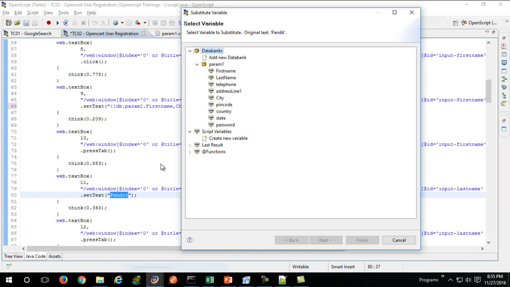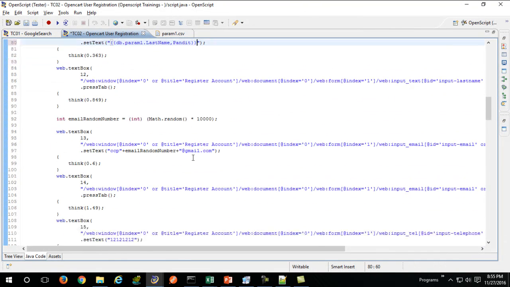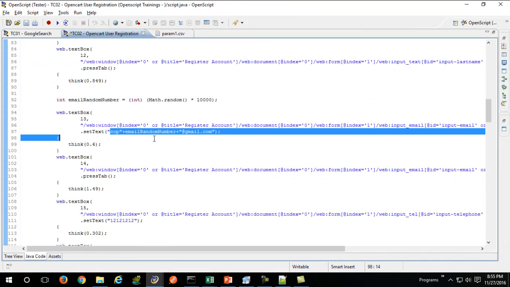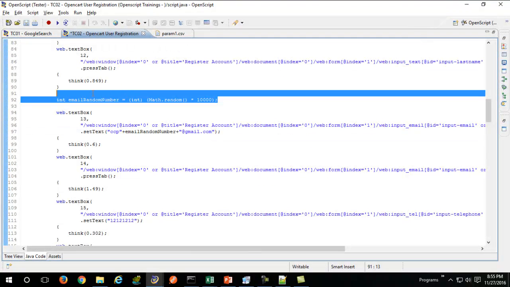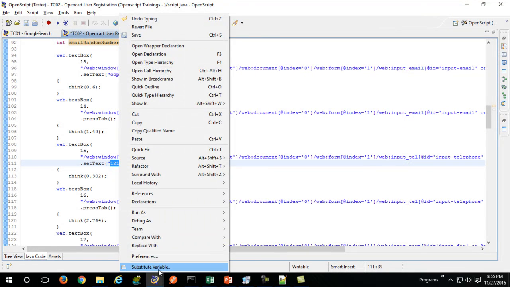So I'll substitute that variable which is last name. This is the email which I already parameterized in the last video. This is the telephone number.